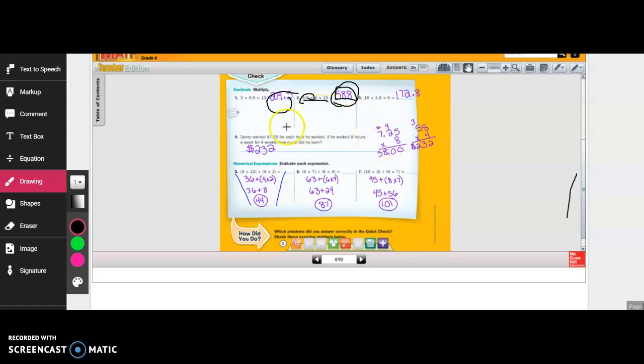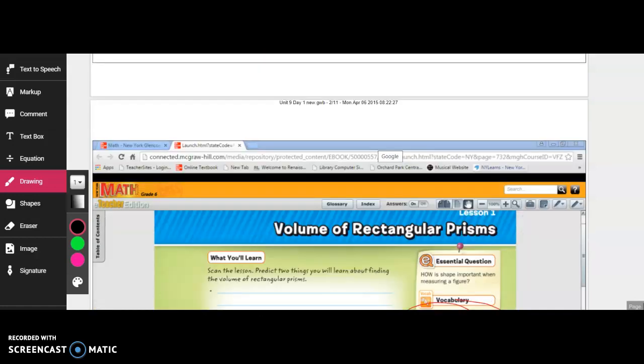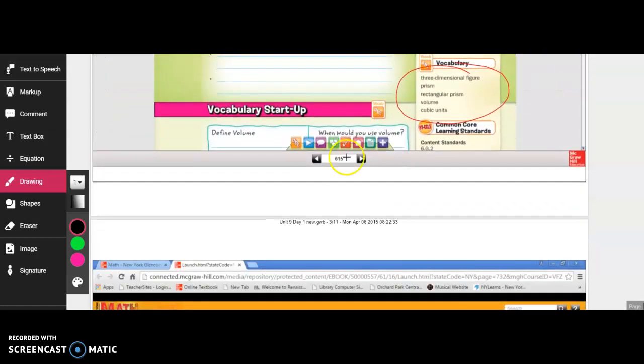So as you can see in this equation here, Dante earned $7.25 for each hour he worked. He's obviously got a pretty cruddy job. You should be making more money than that. Either way, he's got $232 in the bank, but $500 in bills, so he's in debt about $268.